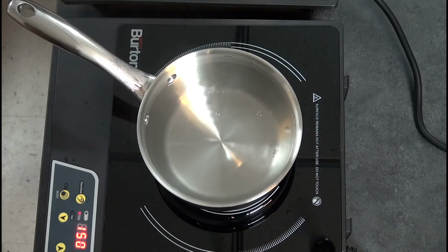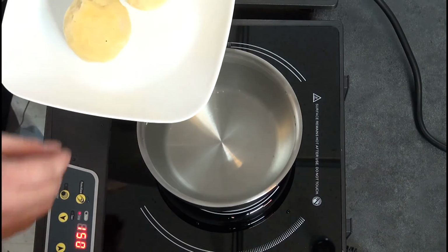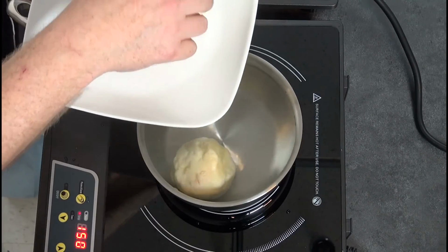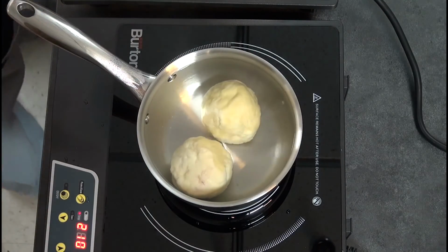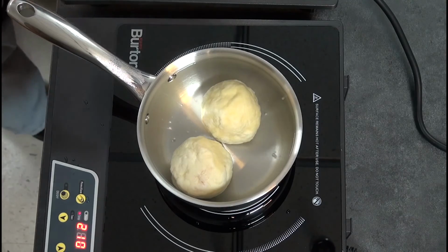So we are taking these dumplings now, and our water is boiling. Be careful that you don't burn yourself. So we have our dumplings here. I'm going to drop them in here. So, while these dumplings are boiling, we are looking for